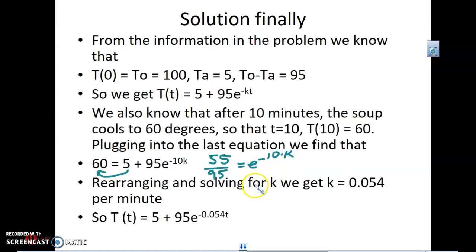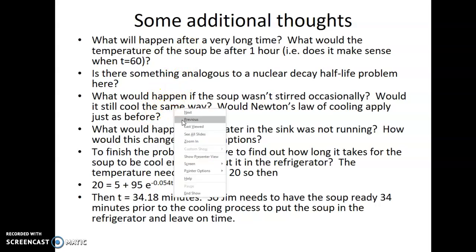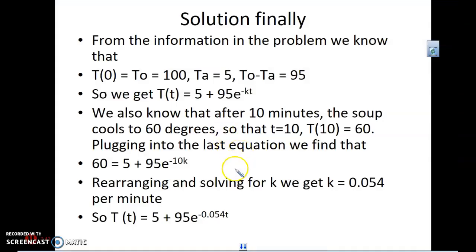Now, you're going to have to take the natural log of both sides. So take the natural log of this, the natural log of this, and that'll get rid of that negative 10k, then you'll divide by that negative 10, and this is where you're going to get that k from. So I think maybe the next slide goes through that. No, it doesn't. Okay. So just make sure, coming back here, that you can get 0.054 when you do this